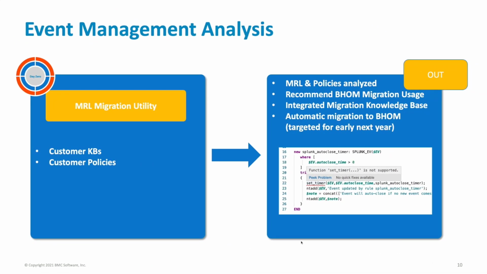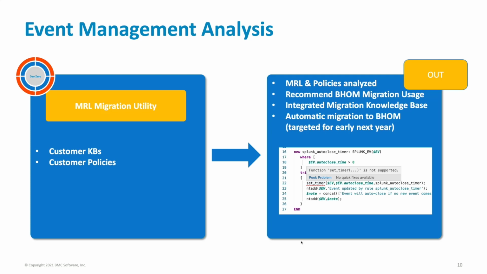The second utility we want to take a look at is the Event Management Analysis utility. In Helix, event management has fundamentally changed. We no longer have the concept of cells, we have the concept of having one scalable event management. With that change, we moved from a code-based rule engine to a no-code or low-code based rule engine, which of